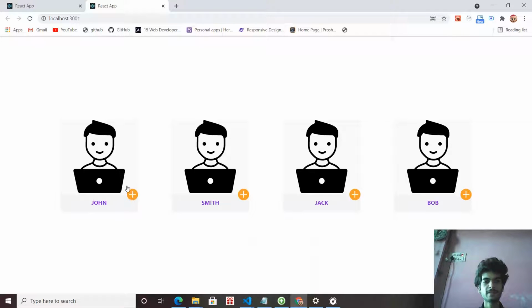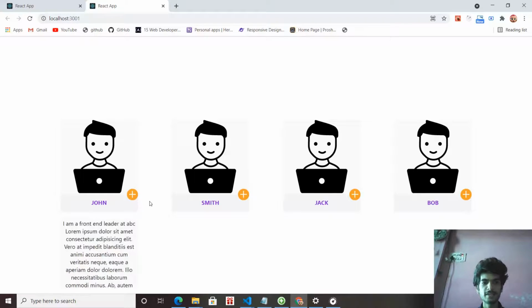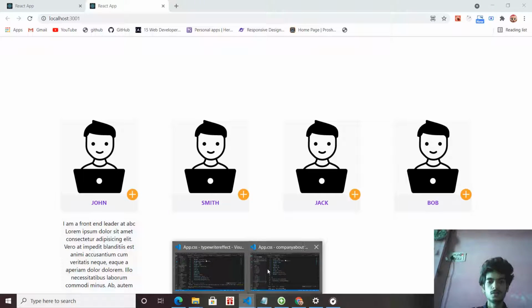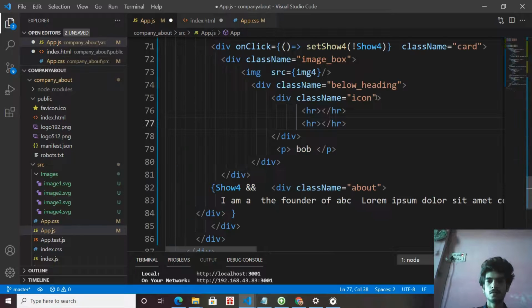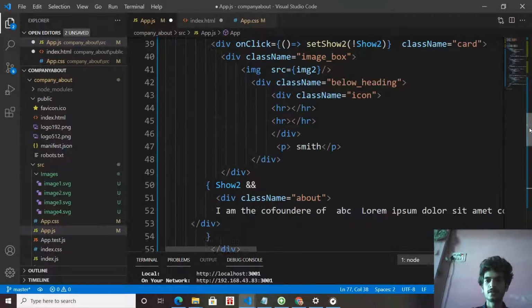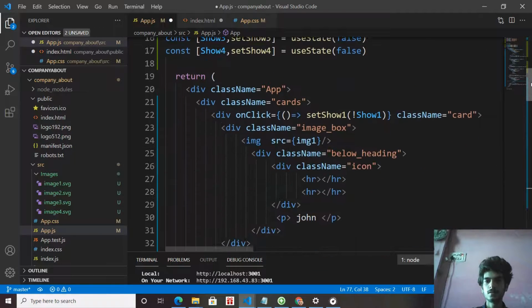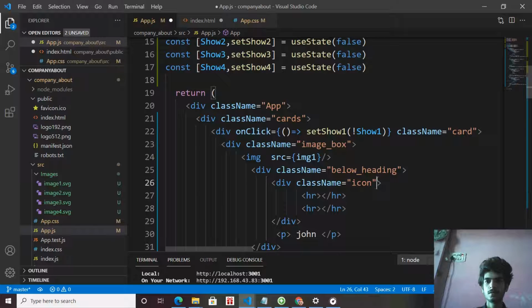Okay, so now create the functionality. When I click on it, the plus sign changes to a close icon. For this, we dynamically add classes on each icon based on the state variable of the card.